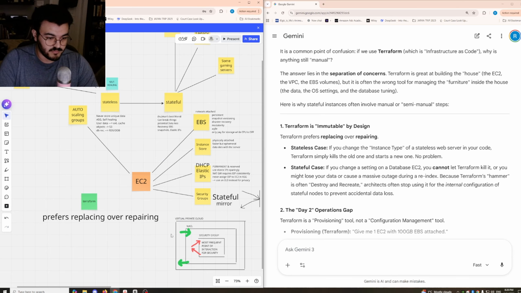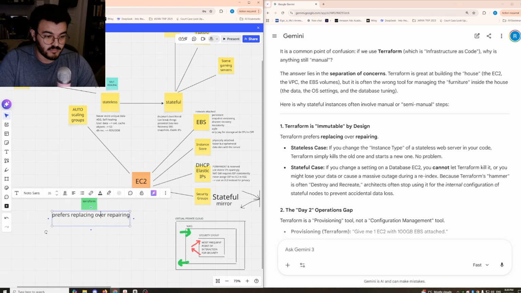That's interesting. If you change the instance type of a stateless web server, it kills the old one and starts a new one. If you change a setting on a stateful EC2, you cannot let Terraform kill it, or you might lose your data. Because Terraform's hammer often destroys every crate.